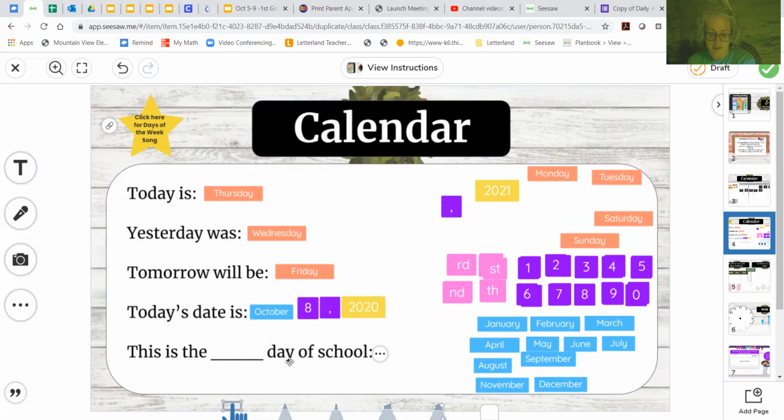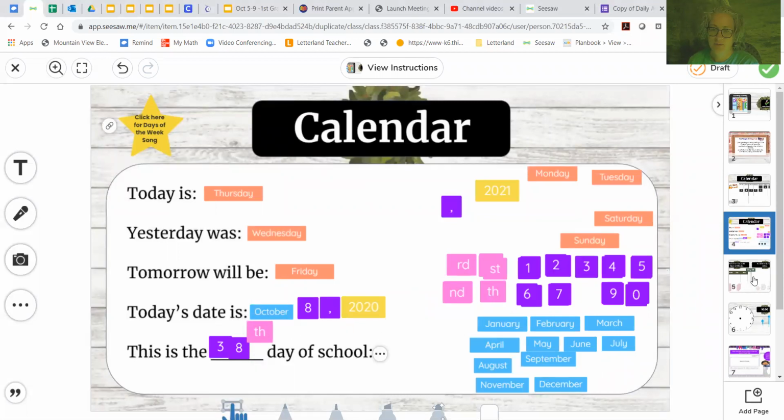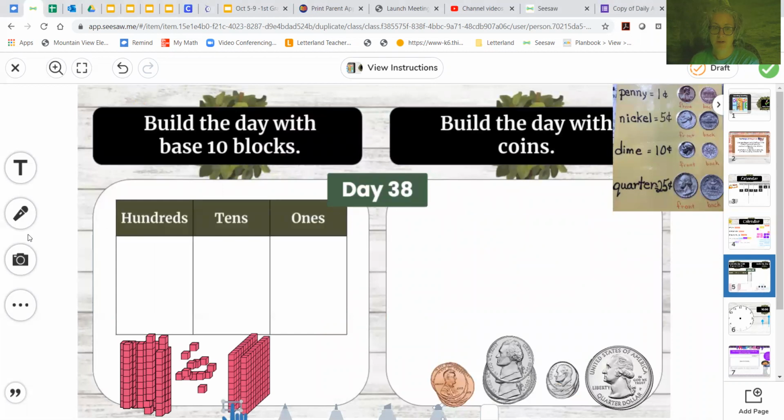And this is the blank day of school. We said earlier that it was the 38th day. 38th. There's another TH. Okay. Now, knowing that we're at 38, we got to model it first with base 10 blocks. So we know we didn't have any hundreds. So we're going with what we had before. We had 30, 10, 20, 30. And then we started adding on to that 30, 31, 32, 33,